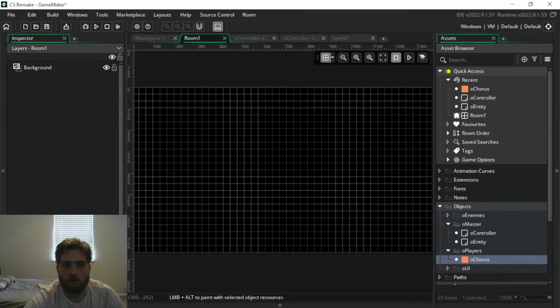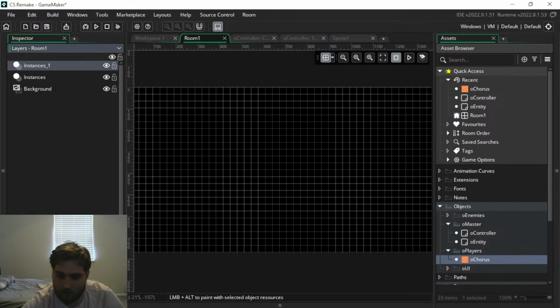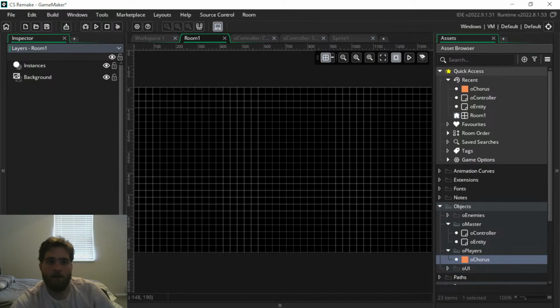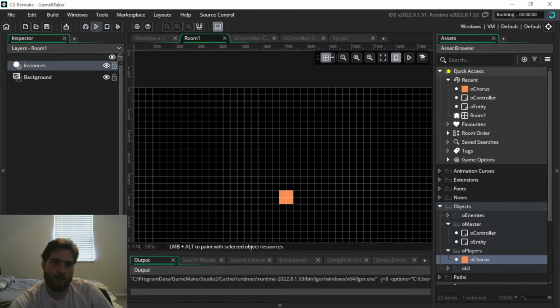And I'm going to go into room 1 here. Right now, let's see what layers we have in room 1. If you see, it's not going to let me drop it. So what I'm going to need to do is add an instances layer. Oh, shoot, there already was one. I don't know why that's happening. But we have an instances layer here. We need to go into this layer, and we can place down Chorus. Now, if we hit play,